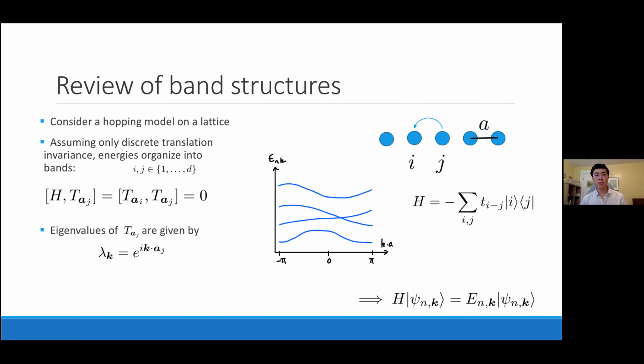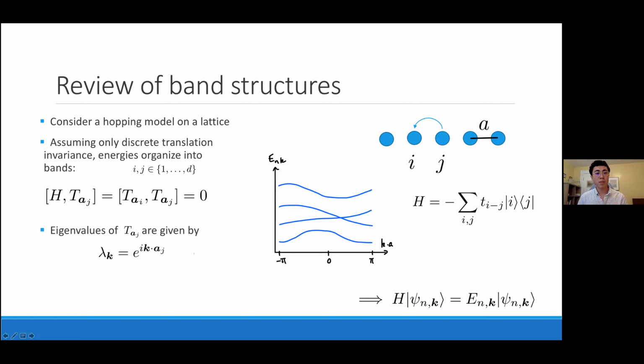With that, I'll hop into the brief promised review of band structures. So how do we proceed? Well, it turns out you can say a lot about the structure of the energy spectrum of a non-interacting Hamiltonian based purely on translational invariance. And that's the whole secret. So how do we obtain a band structure? Well, you start with a hopping model on a lattice. Now, you see over here, I've illustrated just a simple one-dimensional lattice. But in principle, this could be 2 dimensions or 3 dimensions. And for the twisted 2D case, it's obviously 2 dimensions.